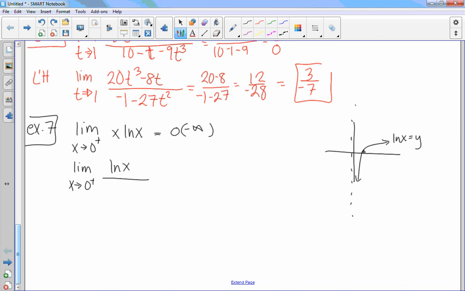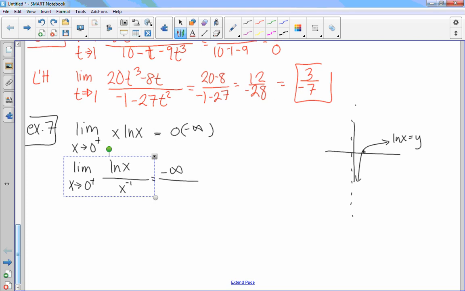X to the negative 1, bring it down. Or you could write it as 1 over x in the denominator. Good job. Okay. So now, if we plug in, let's make sure it's an indeterminate form. Natural log of 0, as you approach 0 from the right, you're going to go down to negative infinity